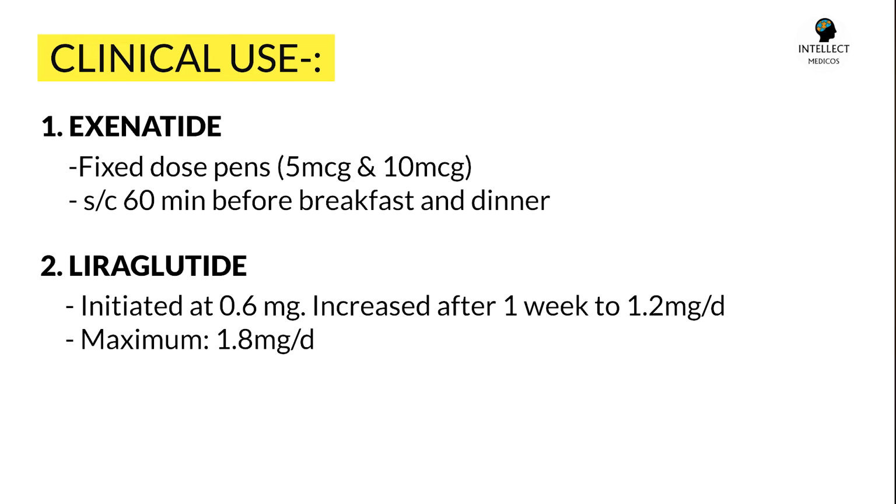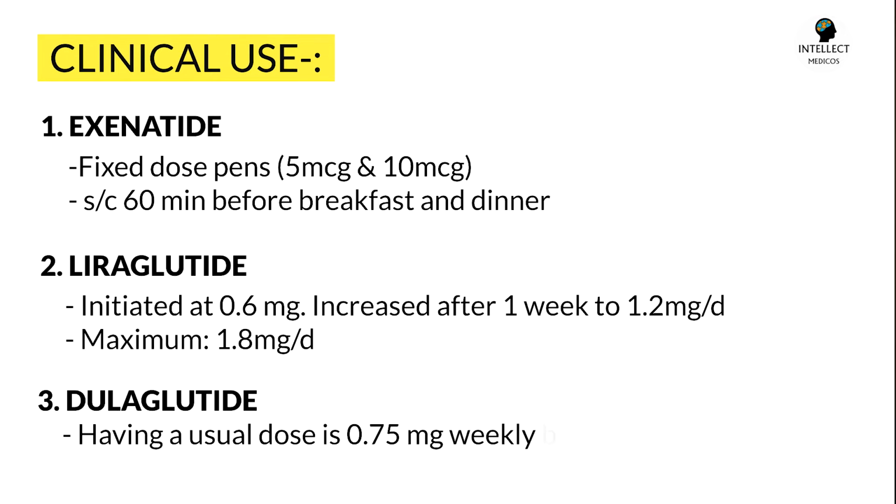And if needed, the maximum dose is 1.8 milligram daily. Third is dulaglutide, which has a usual dose of 0.75 milligram weekly by subcutaneous injection. Previously it was a subcutaneous injection. Nowadays they are available in an oral preparation and many people are using it